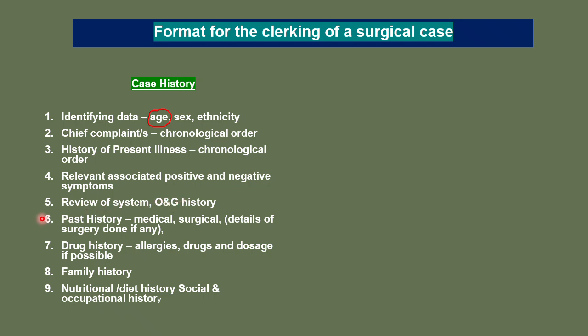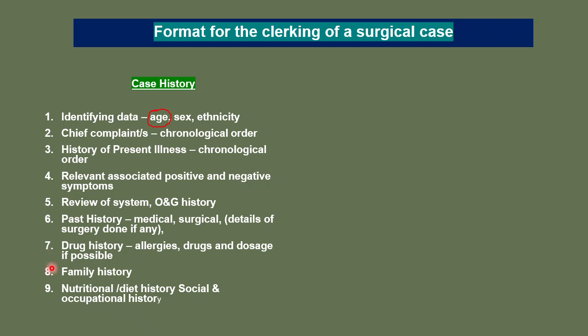Past history is very important, and in surgery, medical and surgical histories are important. In the surgical history, you must try to get details of surgery done, if any. When was it done? What was the surgery? And were there any complications? Drug history, allergies, drugs and dosages, if possible, must be tried as hard as possible to get from the patient